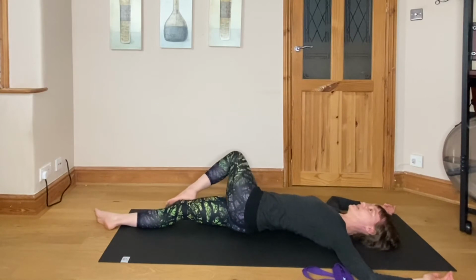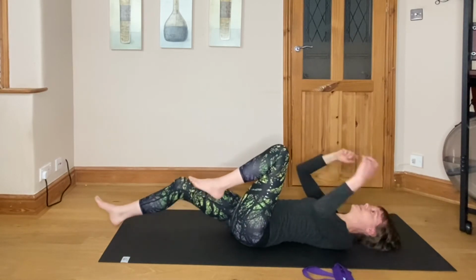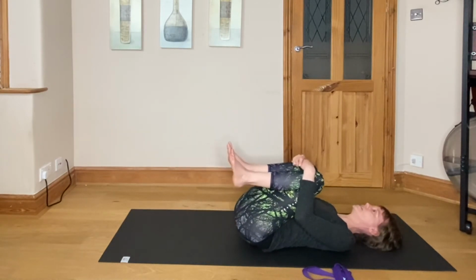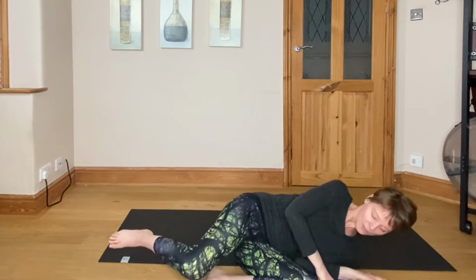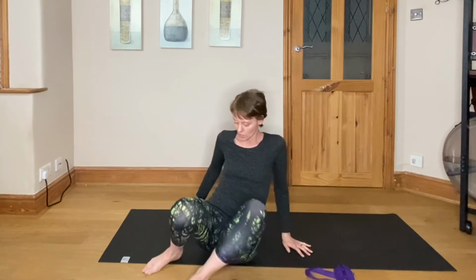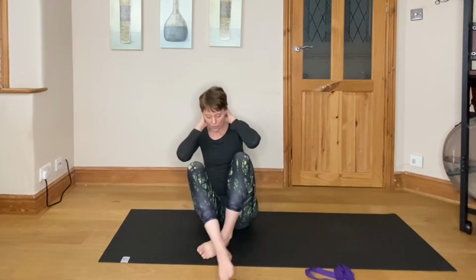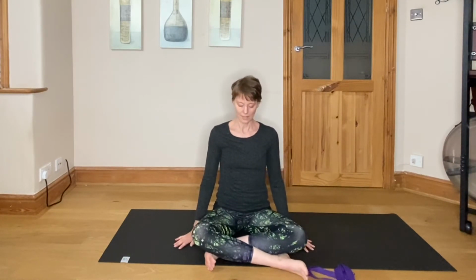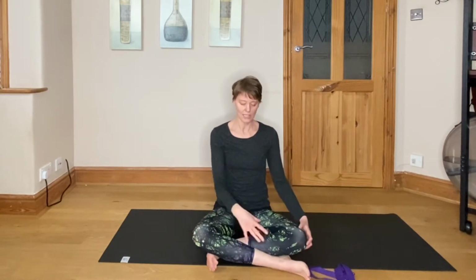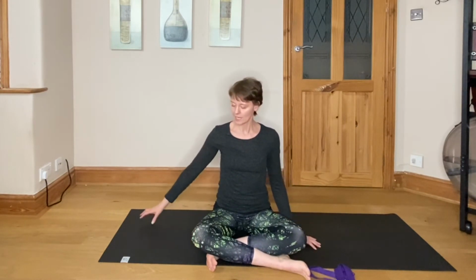And then coming back to neutral, hug the knees into the chest, roll over to one side and then push yourself up to a seated position. So sitting with the legs crossed, you're going to have the right shin in front, and then see if you can have the shins parallel and the feet more or less underneath the knees. So taking the left hand out to the side,